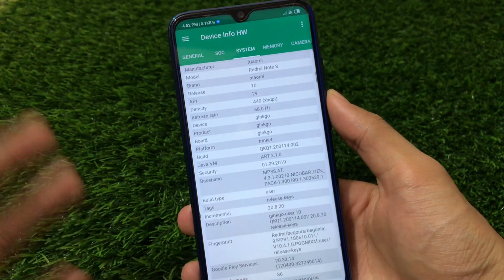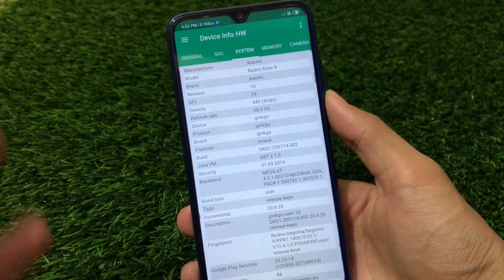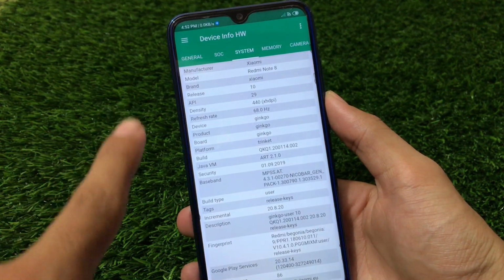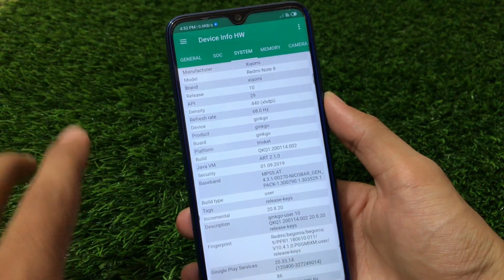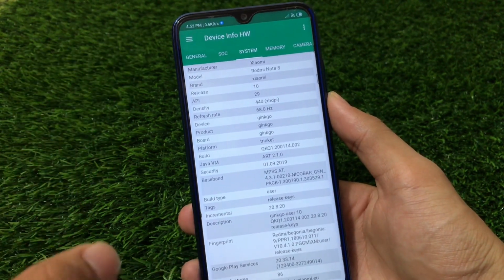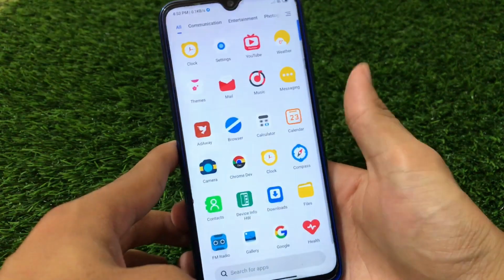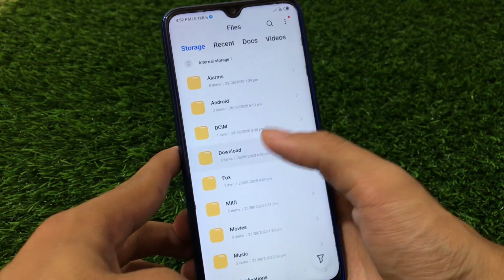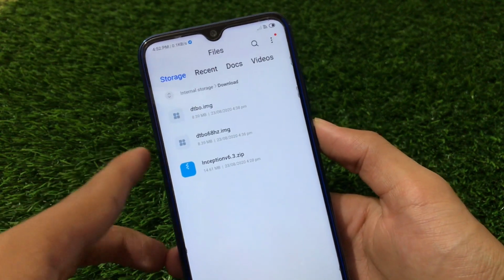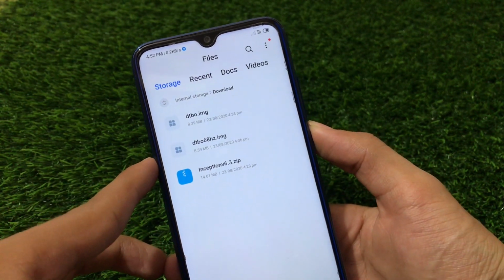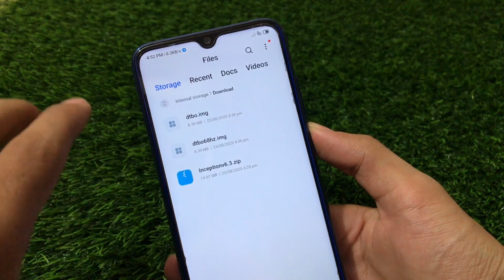This was the same thing, but this is the main part where you have to go back to 60Hz refresh rate once again. How to do that? That's also very simple. Same steps, nothing is different, but the file is different. Let me show you one thing. Just go to your storage once again. Firstly we have to flash dtbo68hz.img, as I have already done.